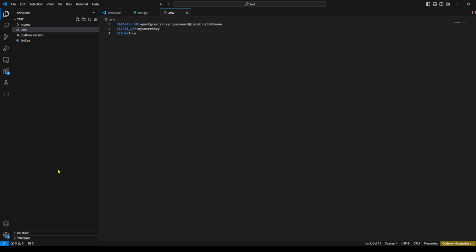To leverage these environment variables, we need python-dotenv. So I can go to the terminal. Otherwise, the best practice is to create a requirements.txt and try to install python-dotenv,